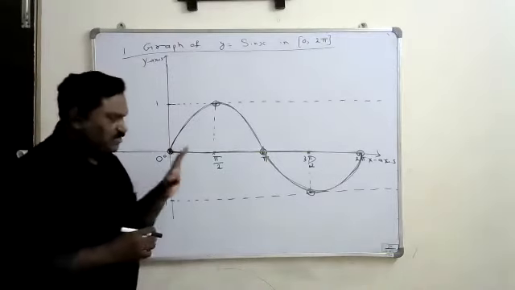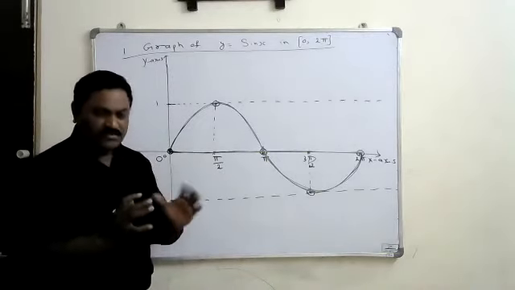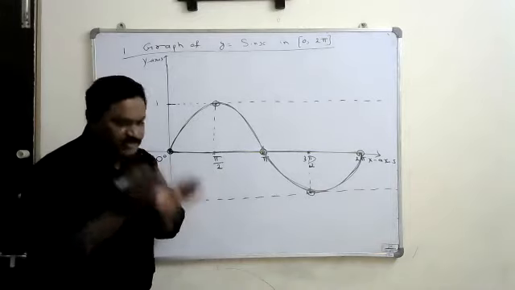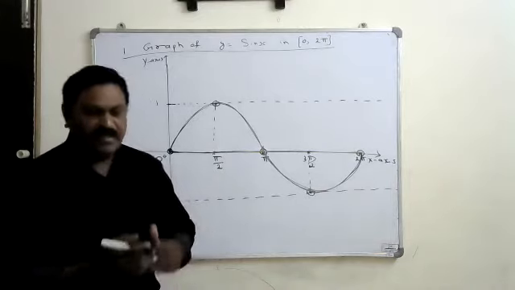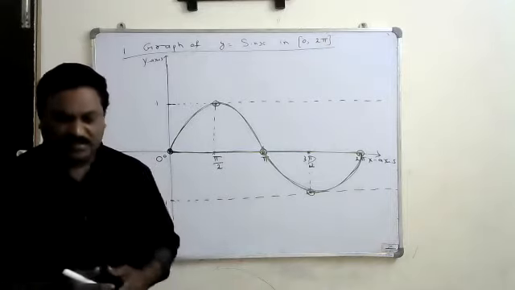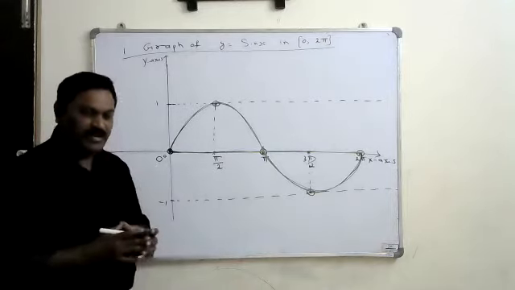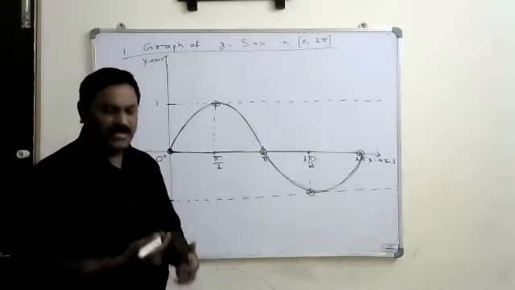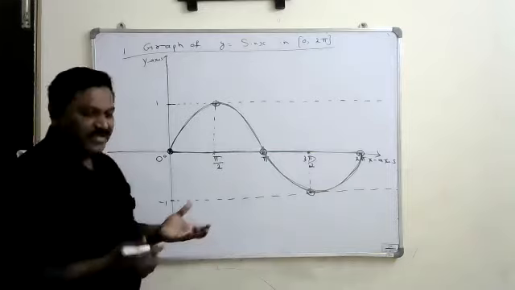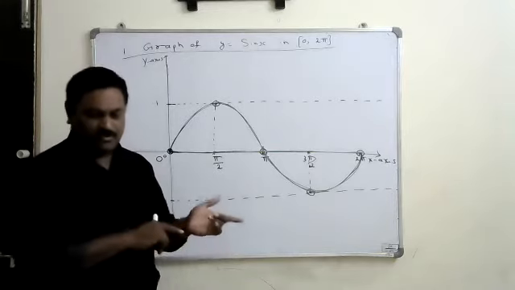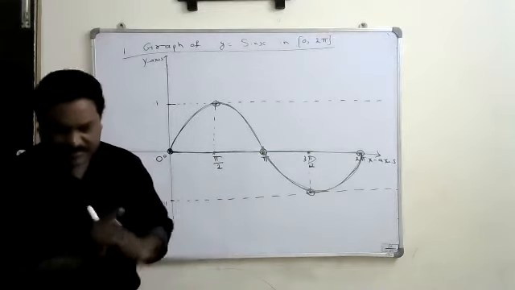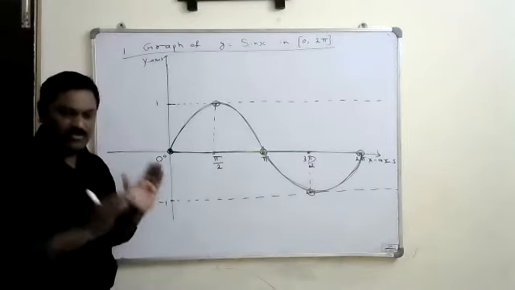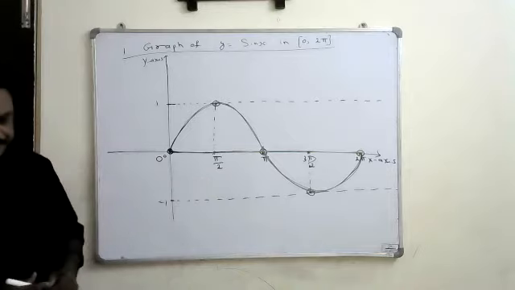Like that, if you have the idea of the graph, then you can assume in which interval the function is decreasing and in which interval the function is increasing. So we will get that idea also. If only the critical values are available with us, it may not be possible to assume the exact interval when it is positive, when it is increasing and when it is decreasing. That's why it is compulsory to have the graph. Okay? Draw this graph.